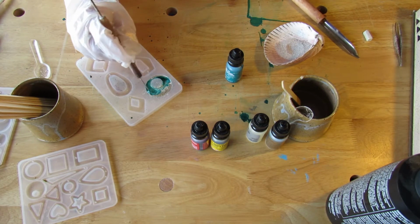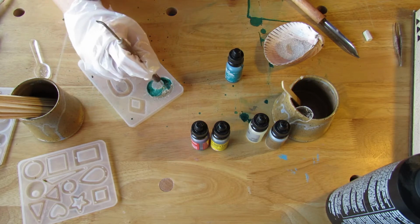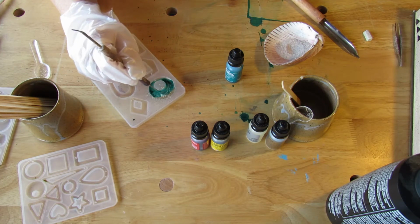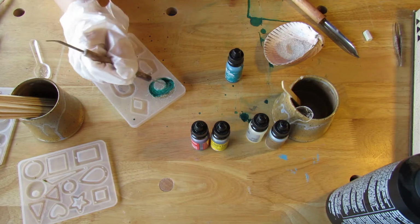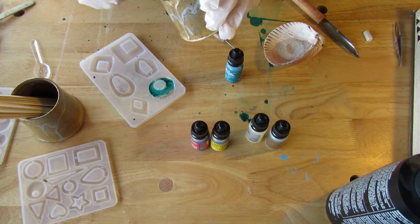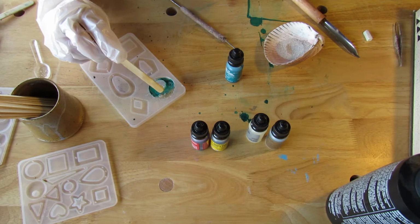I'm putting a little bit more of that off-white chalk dust in there because I want it to look like where the tide comes in and meets the sand and has that kind of bubbly look. And I'll just kind of swish that around. That also kind of helps with the bubbles, because if you don't get rid of them before it cures, you'll literally just have a bubble in your piece, which could look cool, but